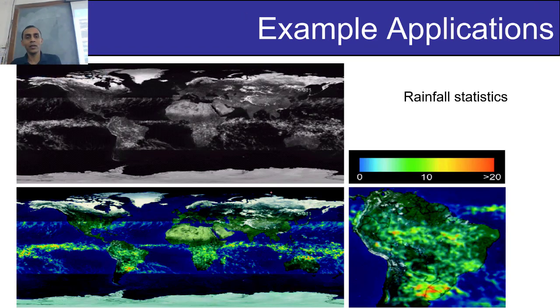So this image, I think many of us see in weather news. Normally we have this kind of a pseudo color image. This is an example of rainfall statistics taken from some instrument, and this is basically a grayscale image which is measuring rainfall. Low value means low rainfall in that region, and high values of intensity mean high rainfall. So this grayscale value gives some idea, but if you introduce different pseudo colors, as you can see,